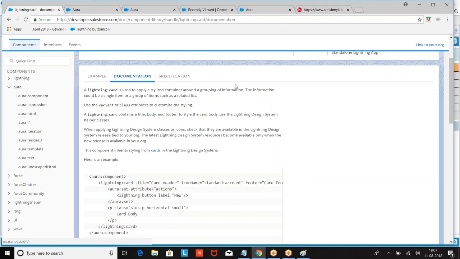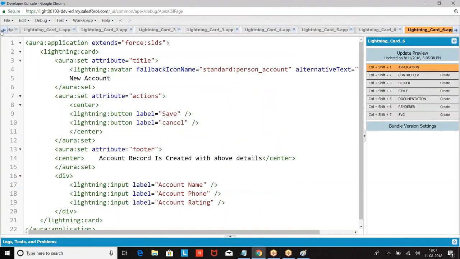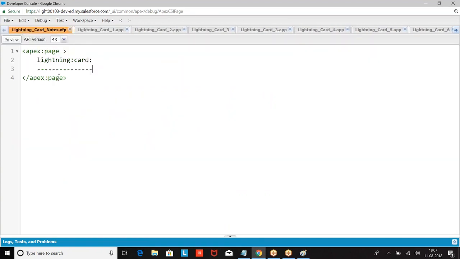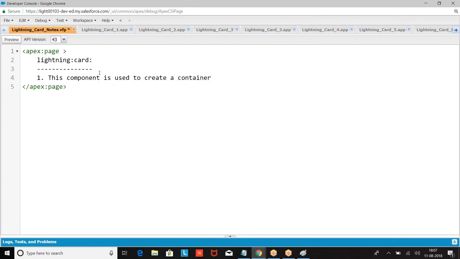I hope you are good with this. Right? So let us take the theoretical information here. Whatever theory we have, everyone has followed every property. Right. This component is used for a group of elements. This card will have